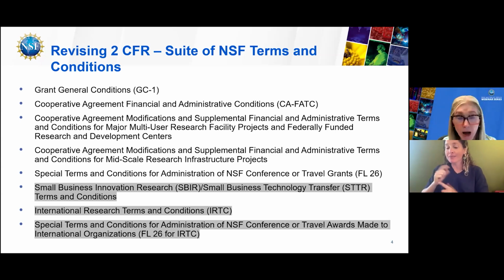We have MODs and SUPs for the major multi-user research facility projects and federally funded research and development centers. We have MODs and SUPs for mid-scale research infrastructure projects. We have special terms and conditions that are applied to our conference and travel grants,